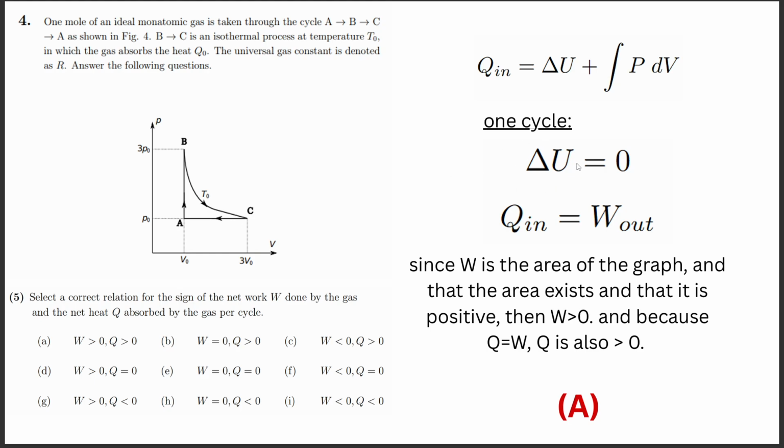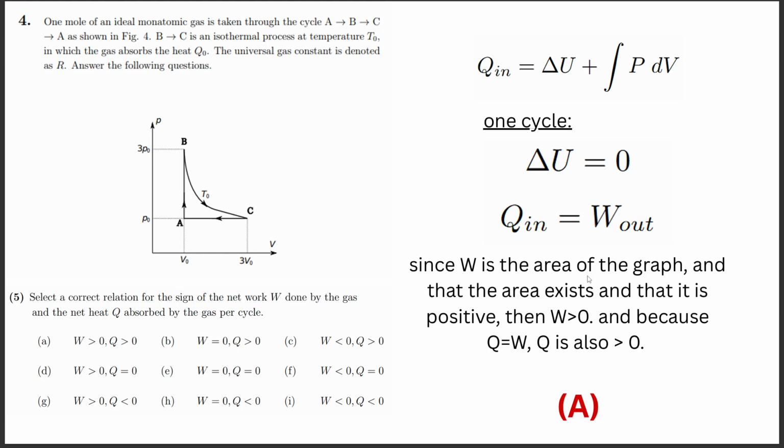So the change of the internal energy, delta U, is 0, so we can write Q absorbed is equal to W that is done by the gas,